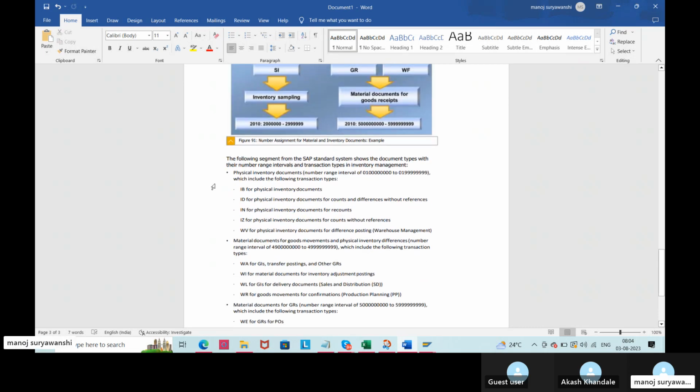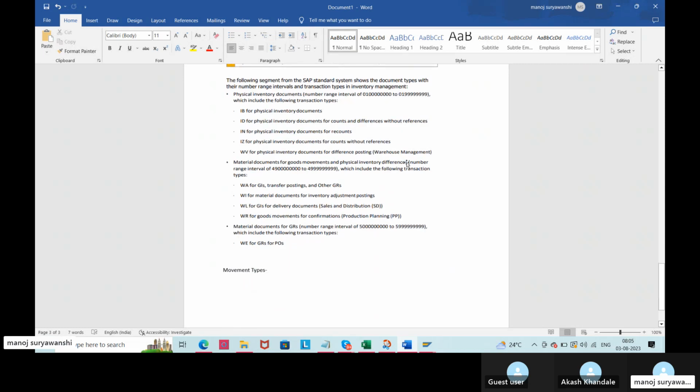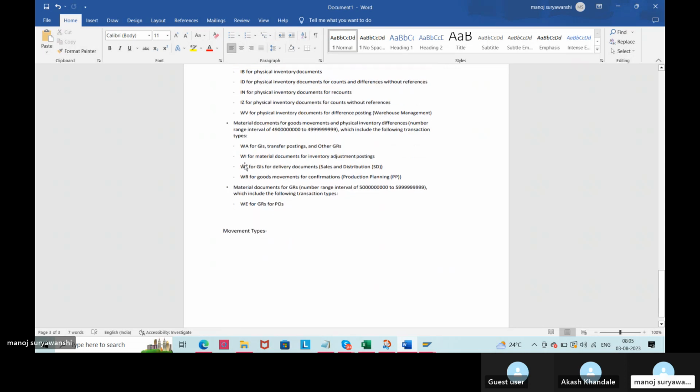So we group these transaction types in a group and a number range is assigned to that group. Okay, material documents for goods movement and physical inventory differences. Number range interval, this is the standard number range interval which includes the following transaction types. WA for goods issues, transfer postings and other GRs. WI for material documents for inventory adjustment postings. WL for goods issues for